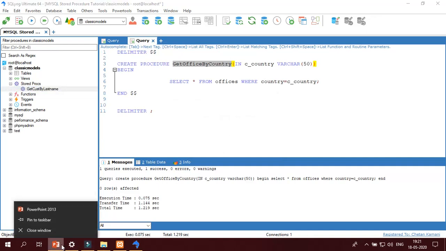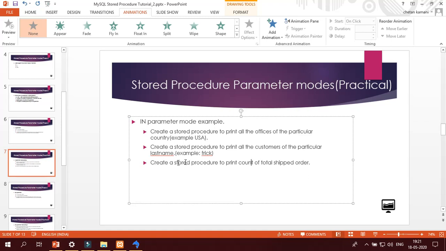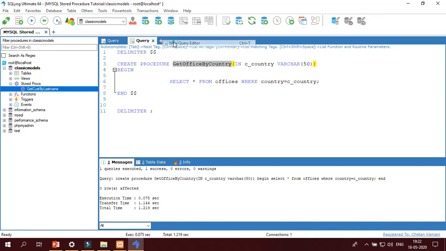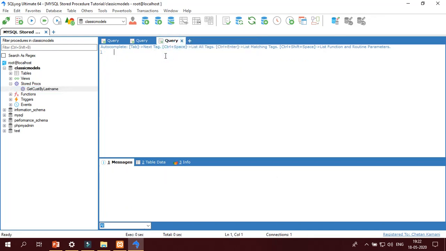Now we have to create another procedure, that is the third procedure. Create a stored procedure to print count. Print count means how many orders are shipped. Let us try to write the code together. First of all, we have to specify the delimiter, dollar, and delimiter with semicolon.